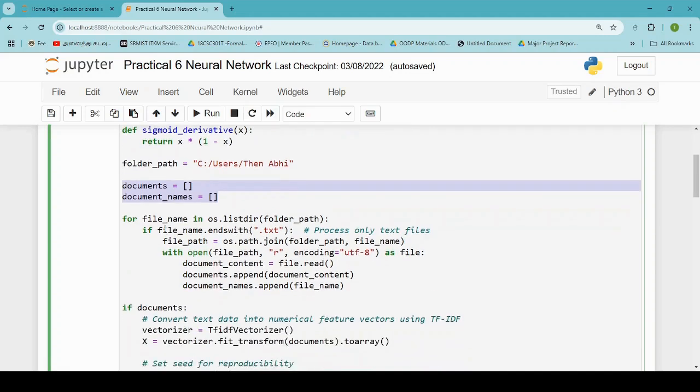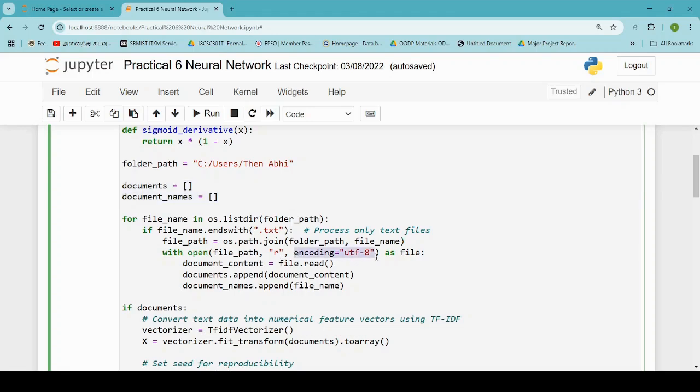Okay. So we are going to take all those files and process them further. We're just going to check in the folder path whether any of the file names end with .txt. If so, we're going to add it to the file path, meaning that we're going to open the file path in read mode. That is, this file path is going to have the text file opened in read mode,